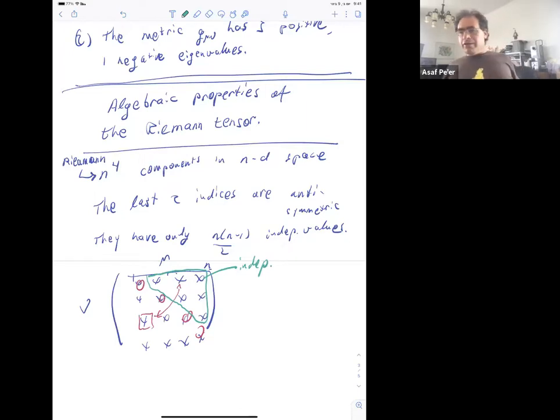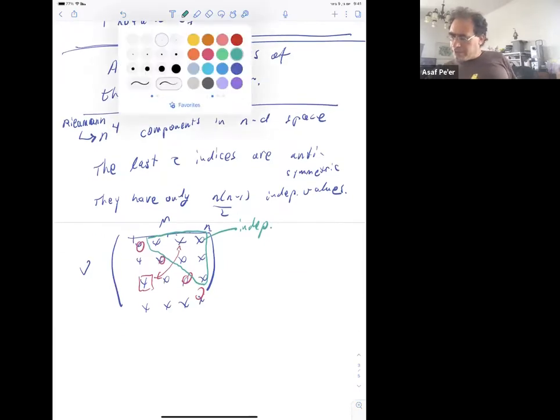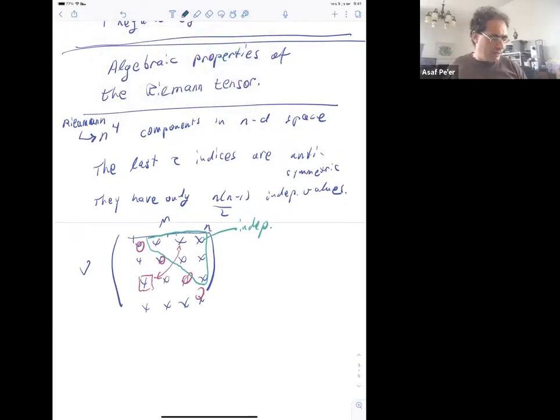Okay, these are not the only symmetries of the Riemann tensor. In fact, it has plenty of symmetries. And we're going to derive them right now. But again, I told you that it's a bit annoying to derive. So we'll just go over them and hopefully not too many typos. So